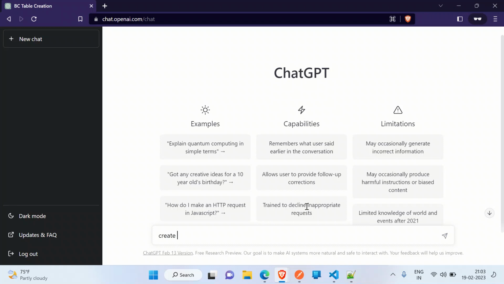So we'll give an instruction to ChatGPT: create new table, car model, including field captions, name as text of 100, description of text 100, brand ID of UID,